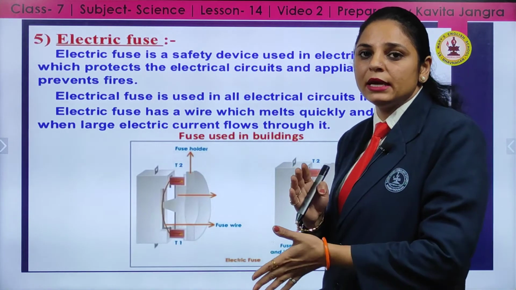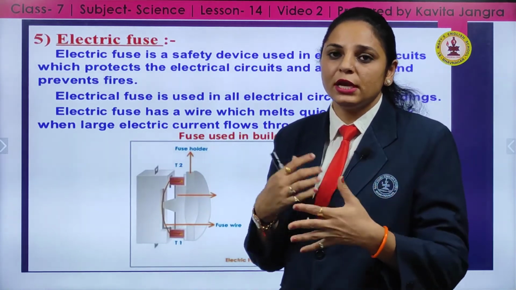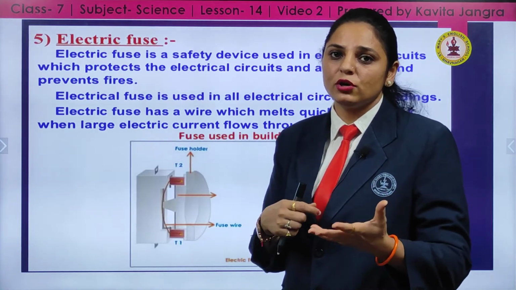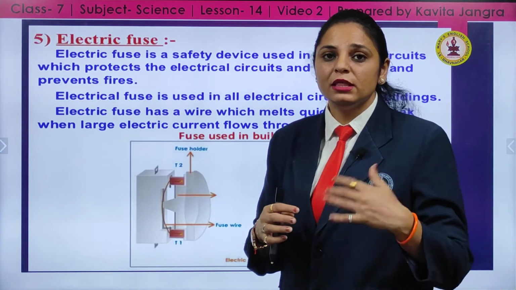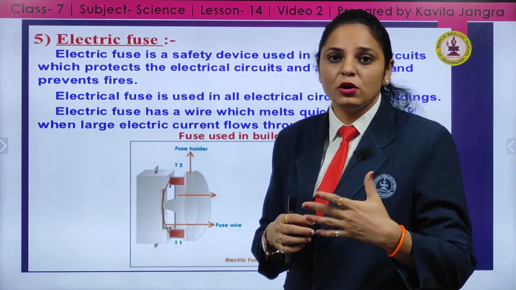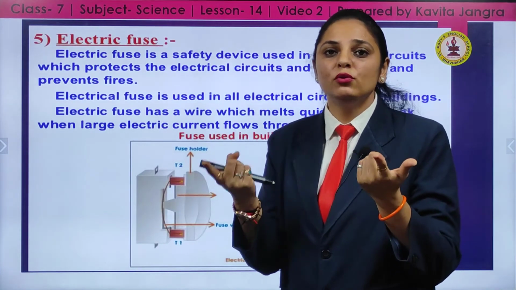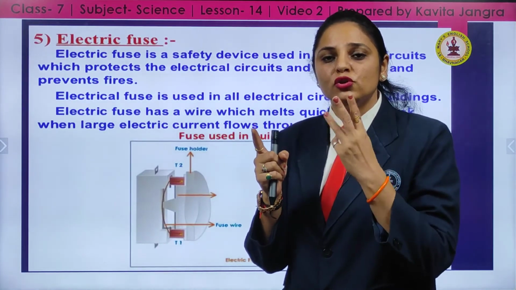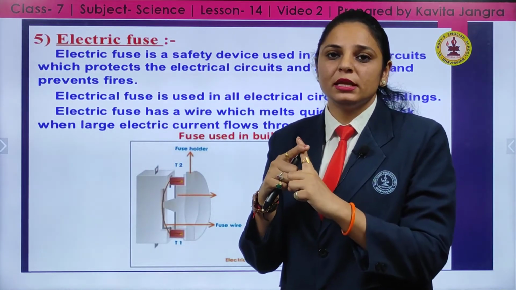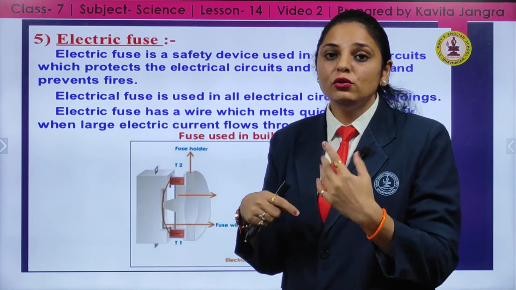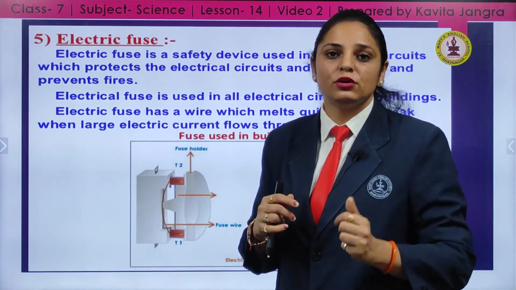This will break the circuit and prevent the electrical appliances at home from short circuit or overloading or any sort of burning. Sometimes you have heard that due to a short circuit the fire occurs. That is because of the interlinked connection of the live wire and neutral wire. When the live wire and neutral wire, the two types of wire, touch each other, it is possible that it will cause a short circuit. And due to the short circuit, a large amount of current flows through it, which results in fire.